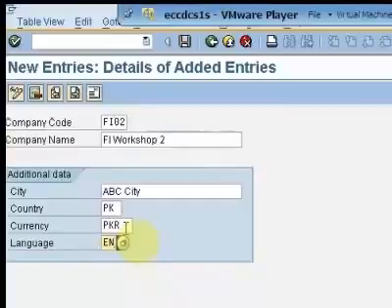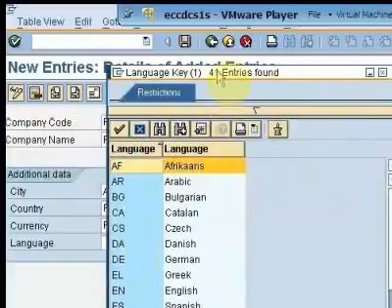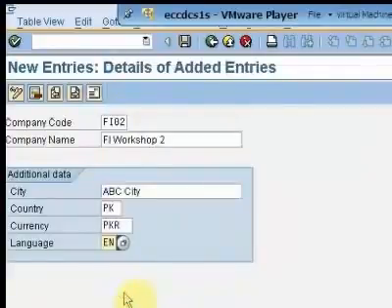Now, if I do not know what is the prefix or what is the short form of the language, I can always click on this drop down and it will give me the list of values which are stored behind this table. For English, the short form is EN, so by double clicking, the properties will get automatically derived onto this field. As soon as I have entered all this information, I just have to save, and